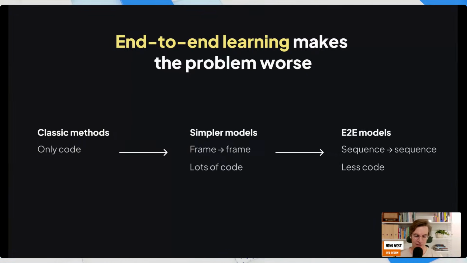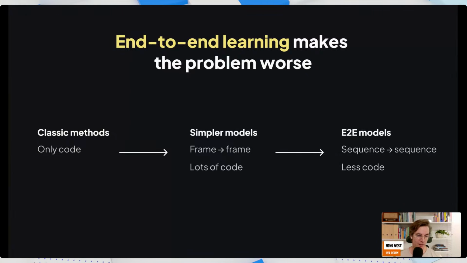And over the last decade or so, it's moved into combining that with running a bit simpler models. Those tend to be maybe taking one image or a little image plus some metadata, running it through a neural net and outputting the result. But it's a frame-to-frame kind of model. So you still have to combine those models, like say an object detection model, with a bunch of other code.